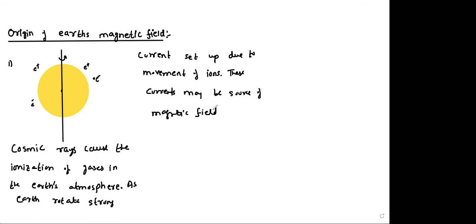The exact cause is not known. Two prominent theories are there. The one theory is this: around the surface of Earth, we have some charged particles, which are basically due to ionization of gases due to cosmic rays. And when Earth rotates, these particles are in motion with respect to Earth. The motion of these charged particles may generate current, and that current may generate a magnetic field. Then there is one more theory. The second theory says,